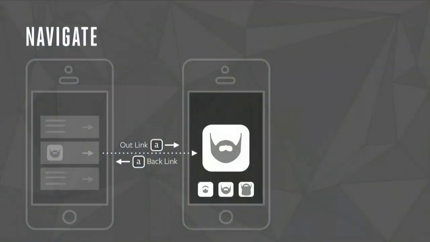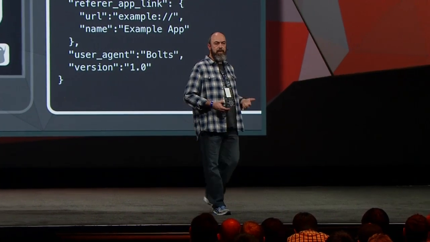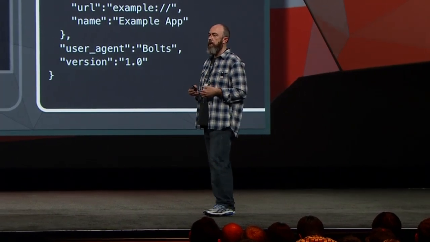One reason for that is so that information can be provided to the second application as to who just called me, so that you could link back if you're on a platform such as iOS that doesn't have a back button idiom. But there are other reasons for the AppLink data. The one required property of AppLink data is the target URL. What the target URL is, is the original URL where the AppLink was found. The reason that always needs to be transmitted from the outlinking navigating app to the inlinking navigating app is that there's a chance that the receiving app needs that URL in order to serve the content correctly.